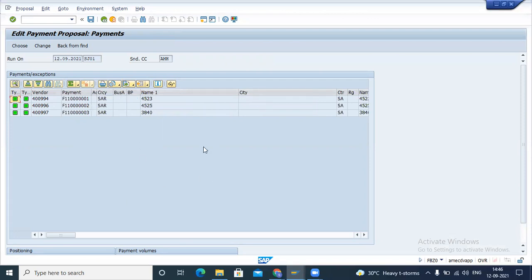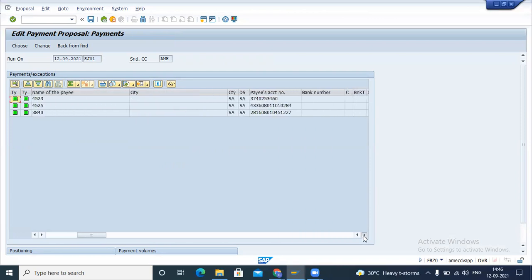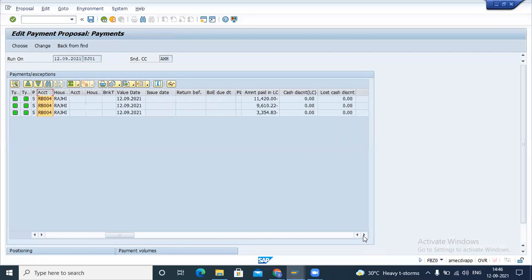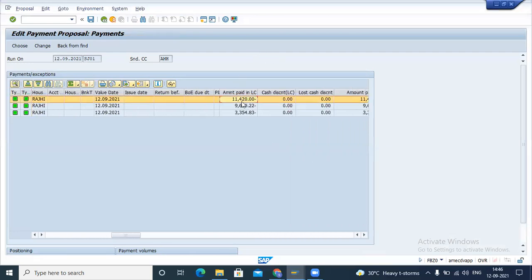and take approval. This sheet is showing you the vendor number, the vendor name, the vendor bank account number, the payee account number, from which bank this payment will go, and what amount we want to pay for which vendor.